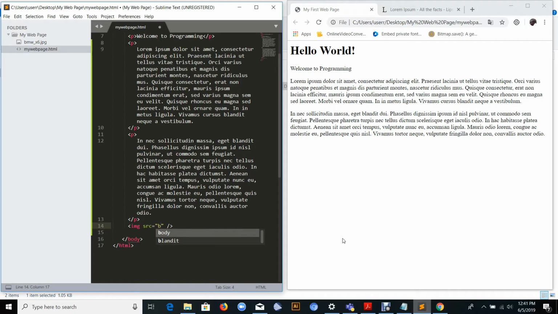For example, here we have BMW x6. We write it exactly the way it appears there, and don't forget to include the extension, because here it's a JPG file. So if we reload,